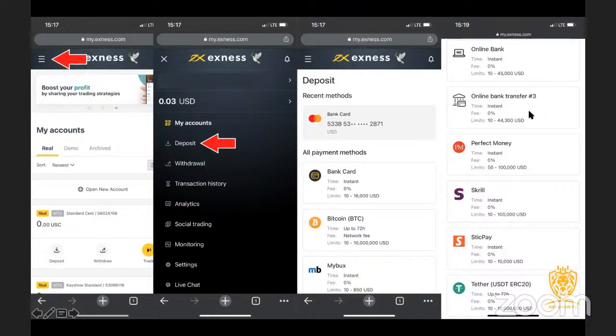And this particular one here means I can transfer directly from my local bank to my Exness account using my normal banking app. For example, if I'm using GT Bank, I can come here. When I click on it, they're going to give me an account number to transfer to. Once I transfer to that account number, the money will automatically reflect on my Exness dashboard. And that's how easy it is to deposit money in Exness.